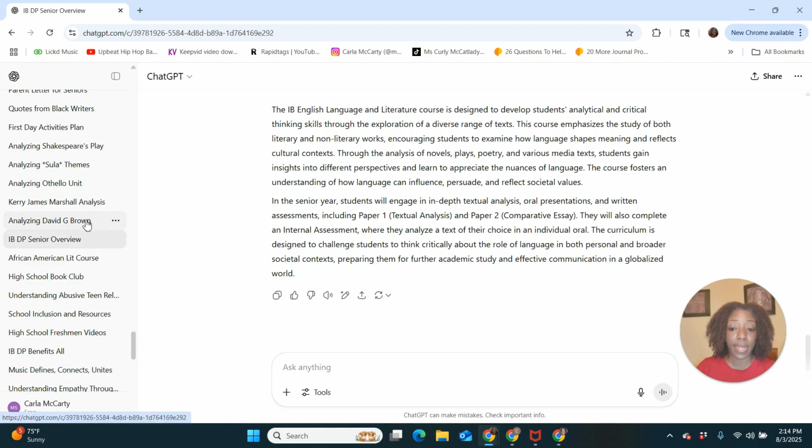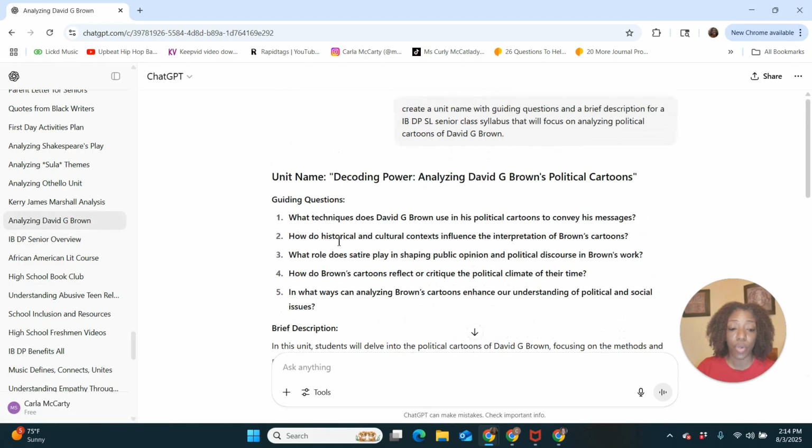We also analyzed David G. Brown's political cartoons. So I started out having it create a unit name with guiding questions and a brief description for IBDPSL. That's a lot of acronyms. IB, International Baccalaureate Diploma Program, standard level. There's standard level and higher level for those who don't teach IB. And I was doing this for a standard level senior class syllabus that will focus on analyzing political cartoons of